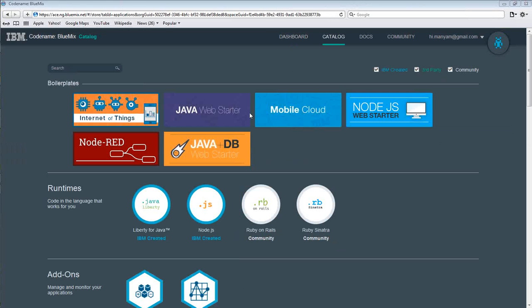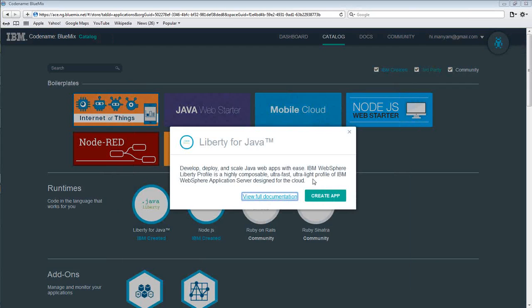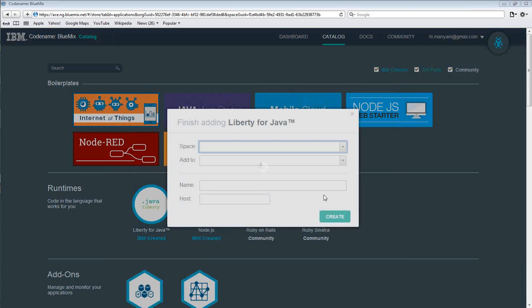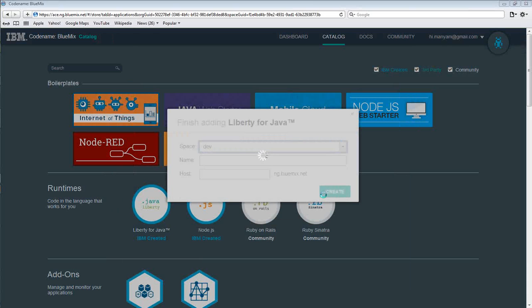So I can choose what programming languages, which is part of the runtimes. It's also called the build pack. So I will choose Liberty for Java, which is a Java runtime, and I'll say create app. I need to deploy everything onto a particular environment or a space.